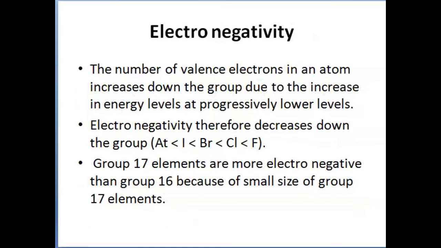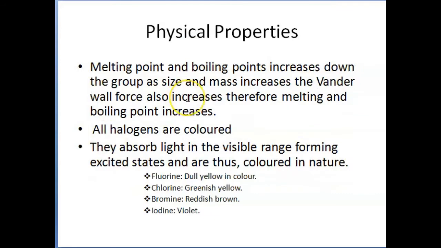And electronegativity. The number of energy levels increases down the group, so electronegativity decreases down the group, and the order is here. Group 17 elements are more electronegative compared to group 16 because of their small size. And there are certain more physical properties of group 17 elements which we should know,